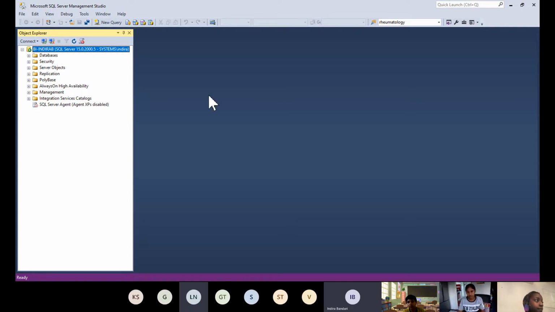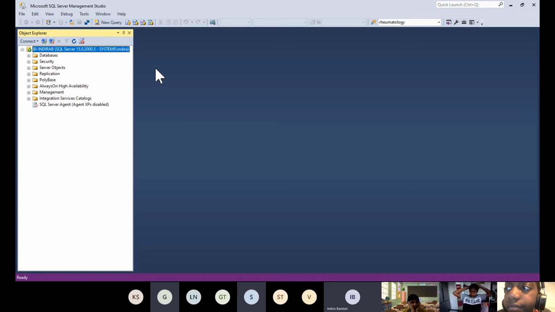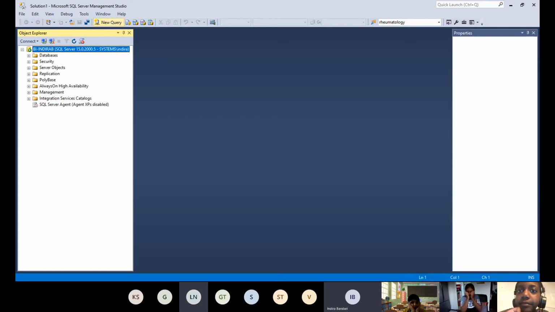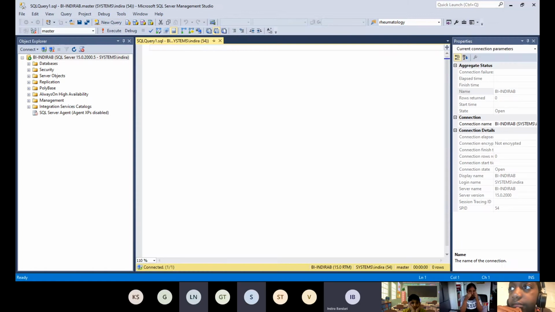Yes. Okay, so what should I do if I want to write some statements? What is the first step that I should do here? Go to database. Yeah, I'm already in the database, because here you can see, right? So I'm connected to the database. Now what is the next step? Yeah, new query. So I'm hitting new query, right?